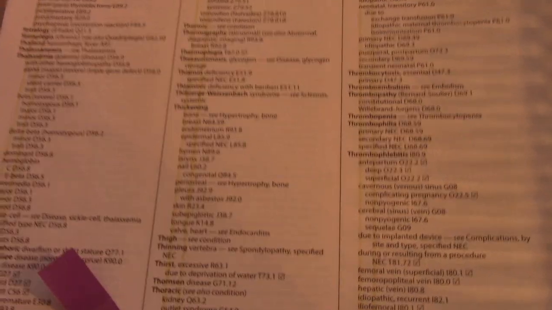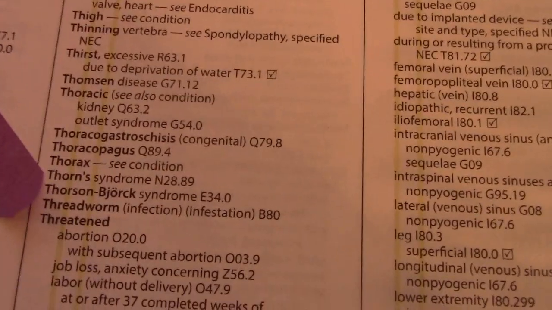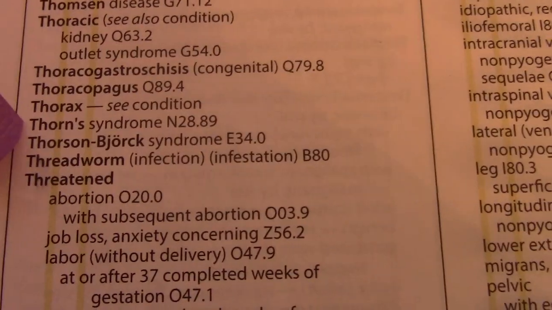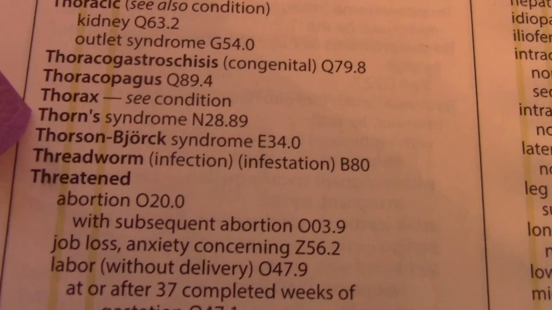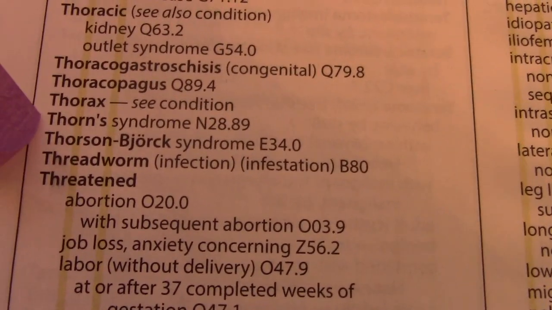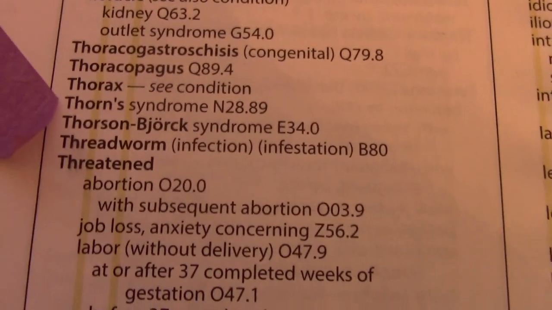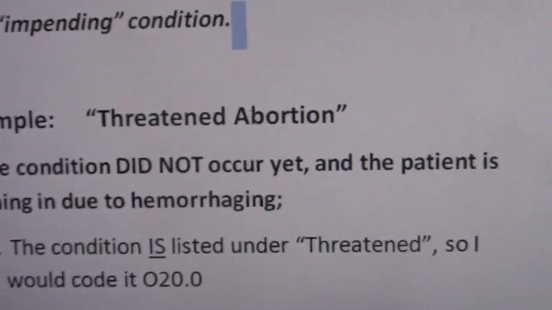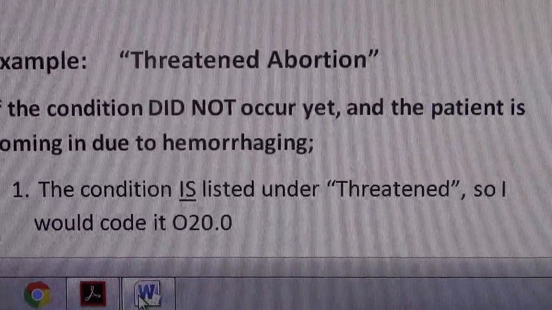So let's look in our code books. We're going to go to main term threatened, and we're going to look up abortion, and you see it right there, O20.0. Threatened, main term, subterm, abortion. So as I have here, the condition is listed under threatened, so I would code